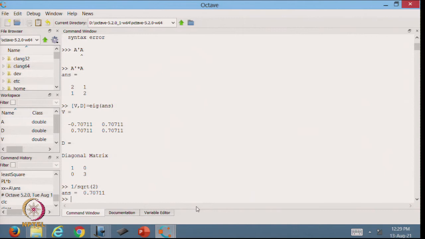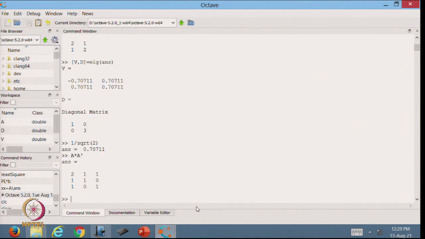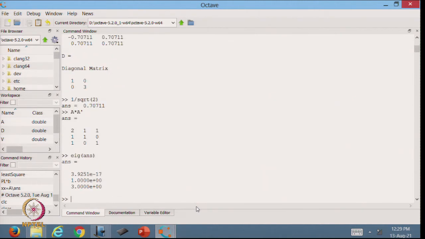So, I told you, let us see what is going to happen if I take A star A transpose. This is my 3 by 3 matrix, and if I want to find the eigenvalues of this, you will see that its eigenvalues will be 0, 1 and 3, because it is of order 3 by 3. The eigenvalues for A transpose A are 3 and 1. So, in that case we will get one more 0 eigenvalue, and now I can write down these things.